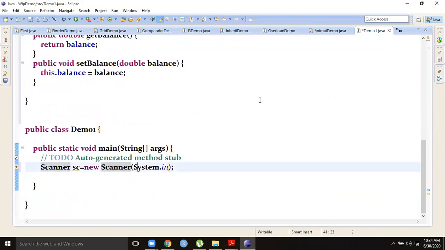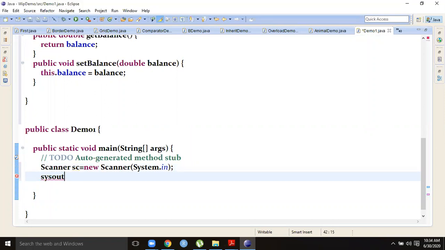Similarly, one more thing. If I want to write System.out.println, I simply write SYSOUT.